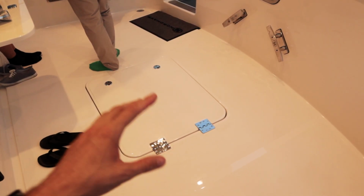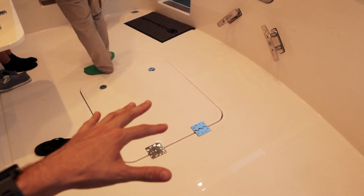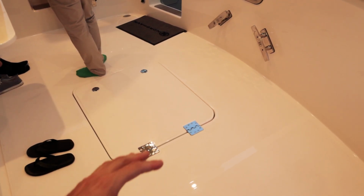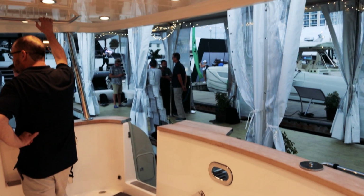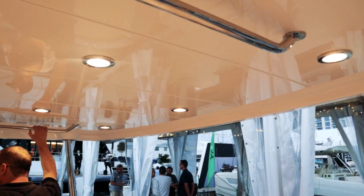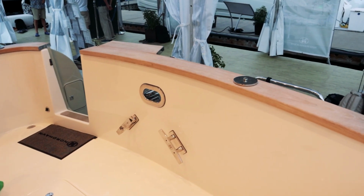Super heavy duty door. I was here last night and I got to see a captain's opinion on that, and he let me know it's expensive and it's heavy duty, and they did a great job on battery ventilation for the house batteries down in there. And then I should just point out before we head in, really cool lighting and these grab handles here. So just really workable space around the aft of the boat, but we're gonna head on in now